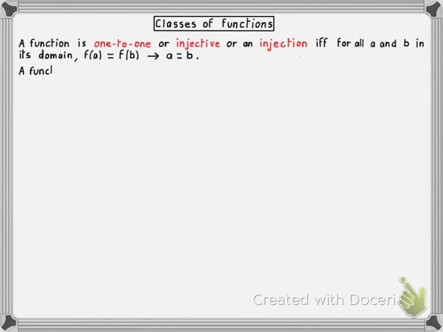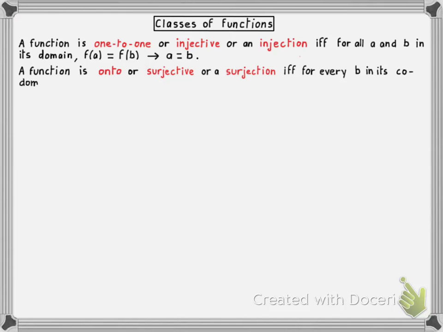The second category of functions are called onto functions or surjective functions or surjections. To be in that category, a function must be such that for every element b in its codomain, there exists an element a in its domain such that f of a equals b. So what does that mean? That means every element in the codomain of the function must have a pre-image. Again, I'll let you think about that one for a little while, and then we can move on to the